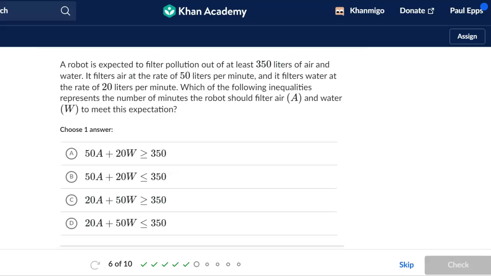A robot is expected to filter pollution out of at least 350 liters of air and water. It filters air at the rate of 50 liters per minute. It filters water at the rate of 20 liters per minute. Which of the following inequalities represents the number of minutes the robot should filter air and water to meet this expectation? Okay, questions like this,